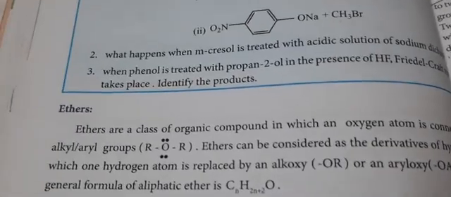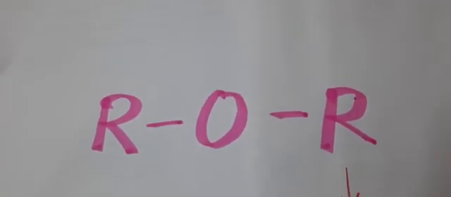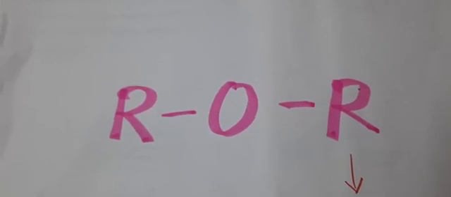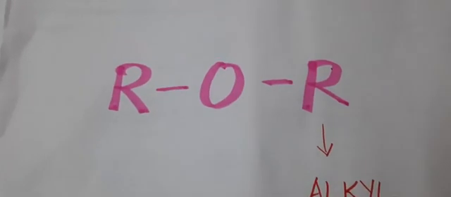Ether means what? That is one of the compound. Which compound is called as ether? This type of compounds is called as ether. Which compound contains this structure, those compounds are called as ether. That is, oxygen is linked with two alkyl groups. Here O means oxygen, R means alkyl. Usually alkyl group is represented by the symbol R.